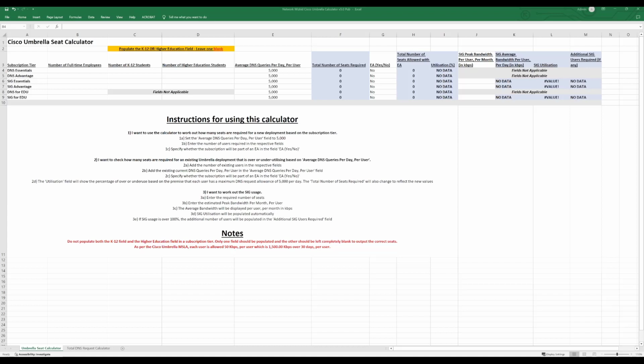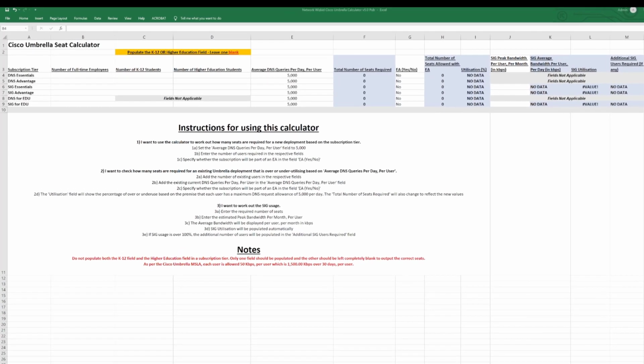So I've recently created a Cisco Umbrella seat calculator, and what this allows somebody to do is enter the number of seats that they think they will require for an Umbrella deployment, as well as the K through 12 students or higher education students for the different subscription tiers as well, as you can see. And then based on the average DNS queries per day per user, which are allowed, give you the required amount